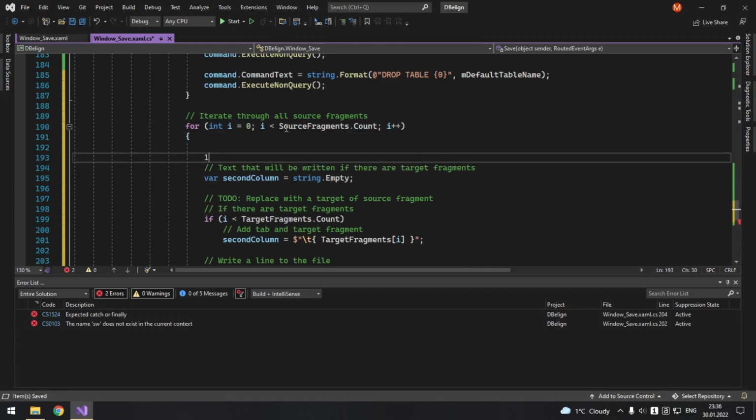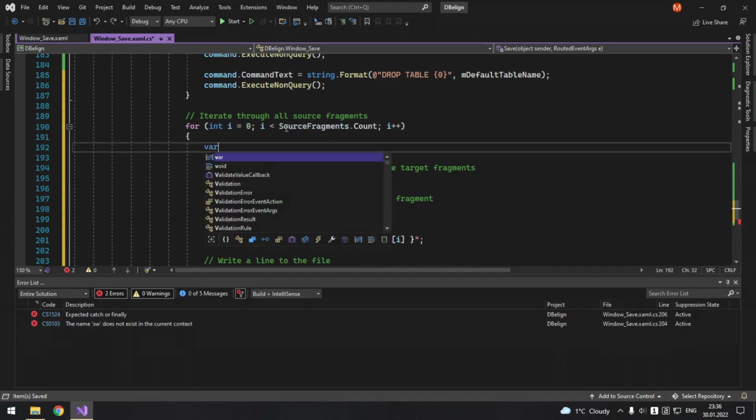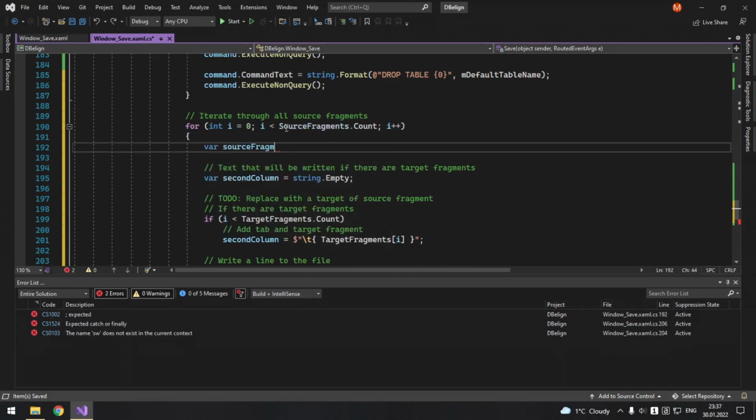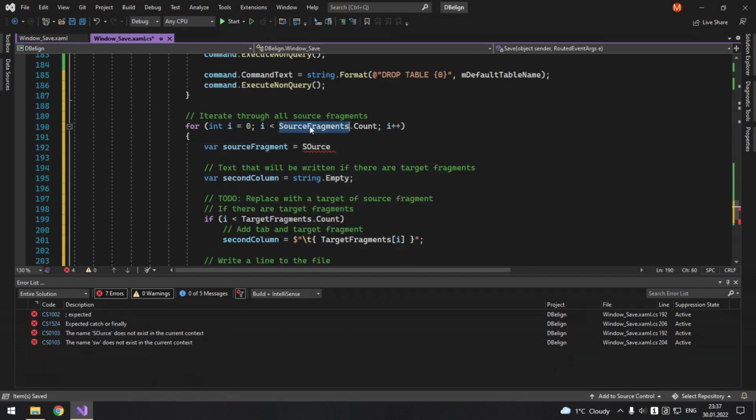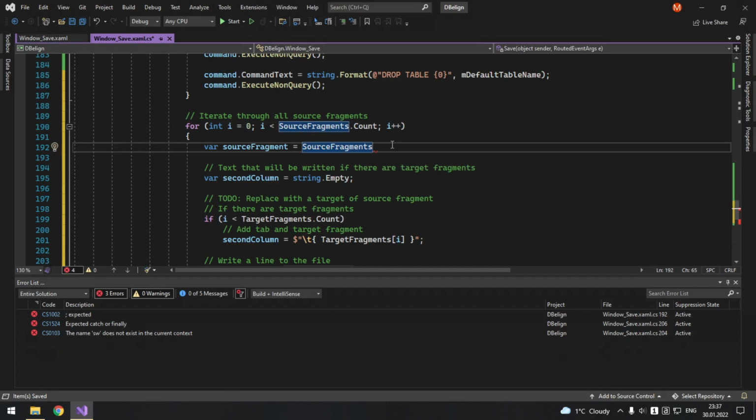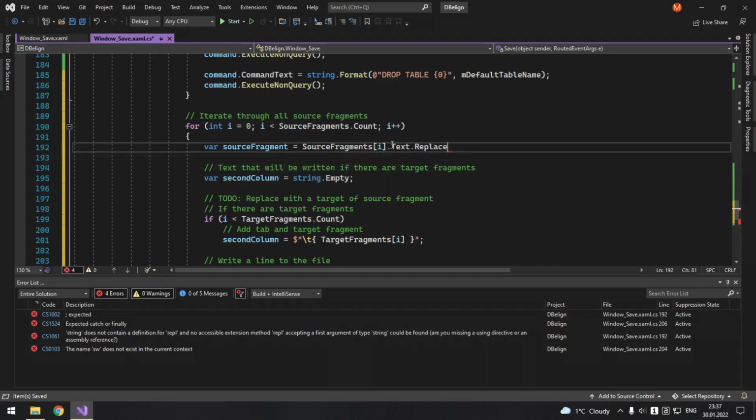Alright, so first of all we need to get the source fragment. So var source fragment equals source fragments I, and we access its text to replace.